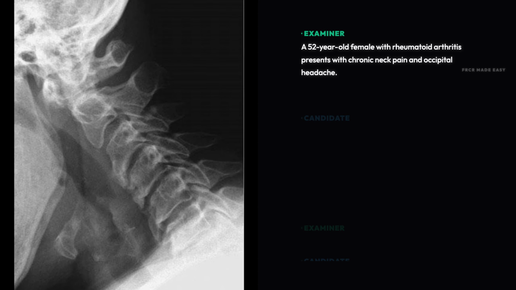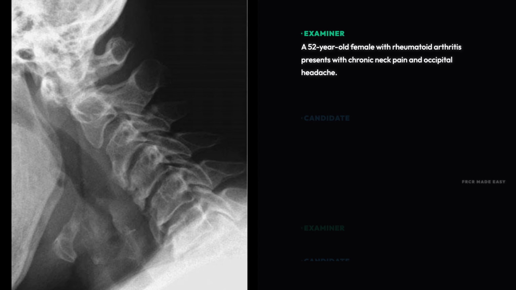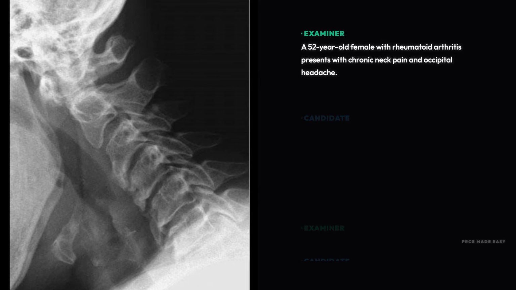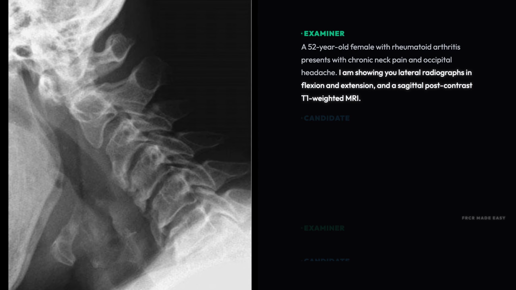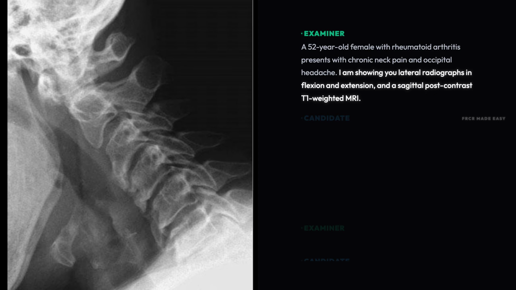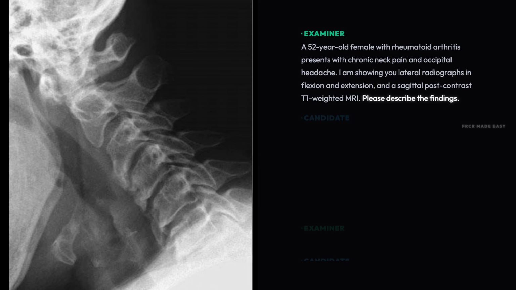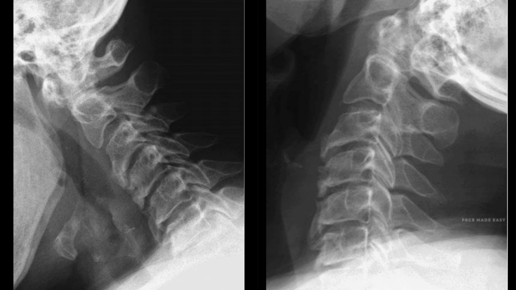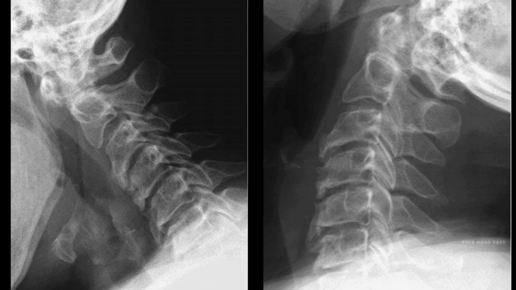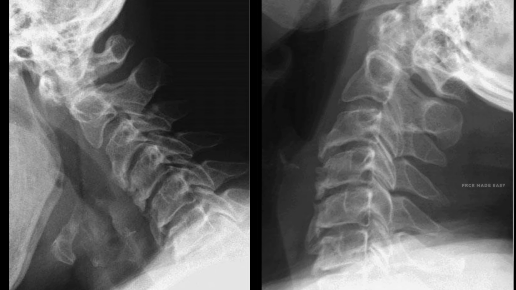A 52-year-old female with rheumatoid arthritis presents with chronic neck pain and occipital headache. I am showing you lateral radiographs in flexion and extension and a sagittal post-contrast T1-weighted magnetic resonance imaging. Please describe the findings. The flexion radiograph demonstrates widening of the anterior predental space to 5 millimeters, which corrects on